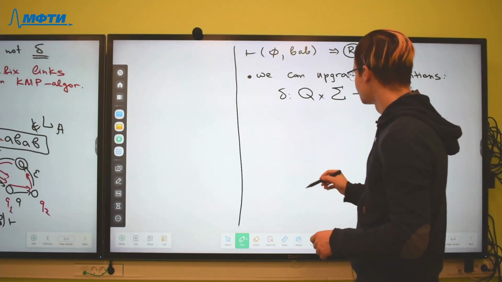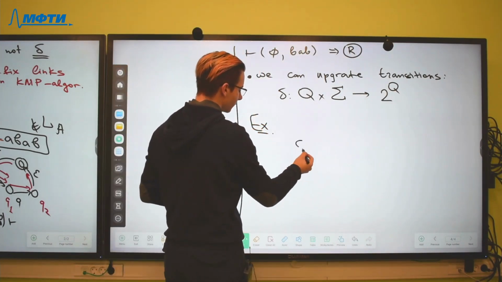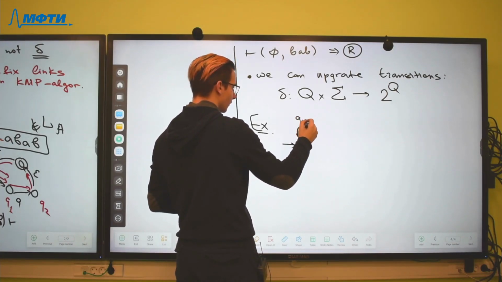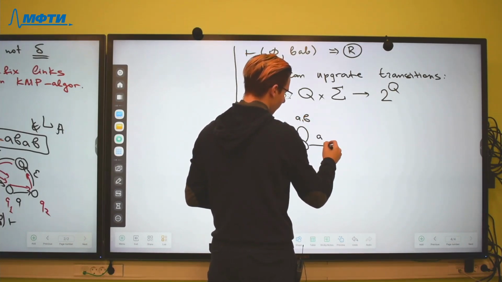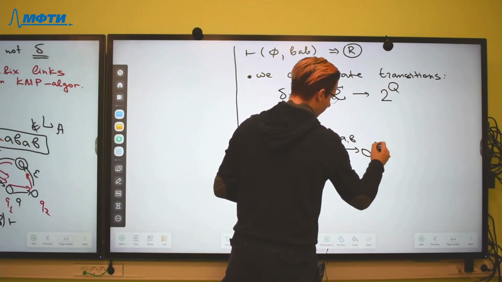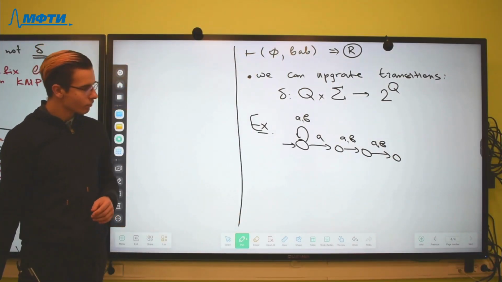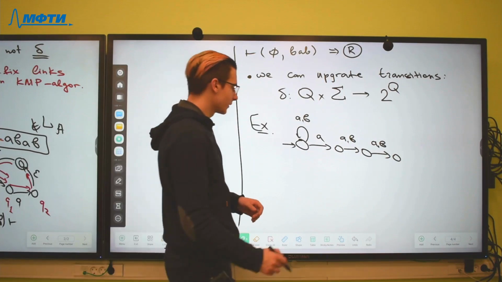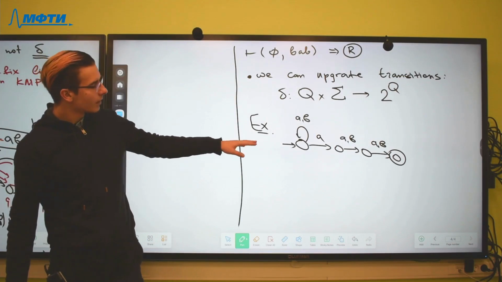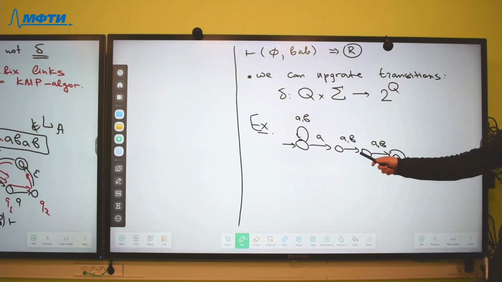For example, this automaton has the language equal to words with the A in the third place